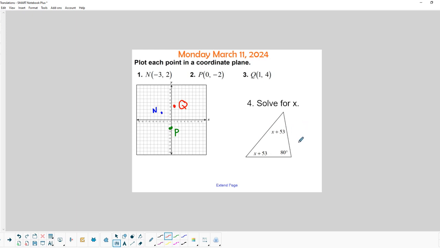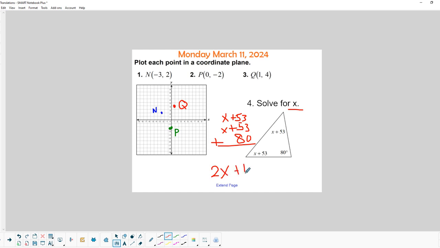Okay, we got one more of those triangle problems. We're trying to find out what X equals. And we know that these three angles of a triangle add up to 180. So I'm just going to lay them out here. X plus 53 and X plus 53. In fact, looks to me like both of those angles are going to be the same angle. And I have a prediction of what it's going to be, but I'm not going to say until after we do it. So if we add all of that up, that's 106 plus 80, which is 186. And then the x's add up to 2x